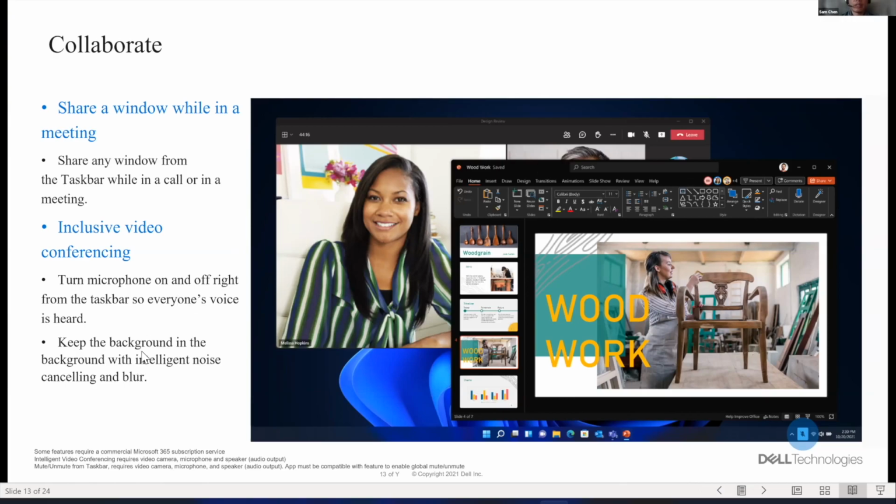And the last one, Microsoft Teams is equipped with a noise canceling function. So if you have kids running in the background, then yeah, I know it happens all the time, but Microsoft Teams can help you minimize those distractions and help you focus on the meeting.